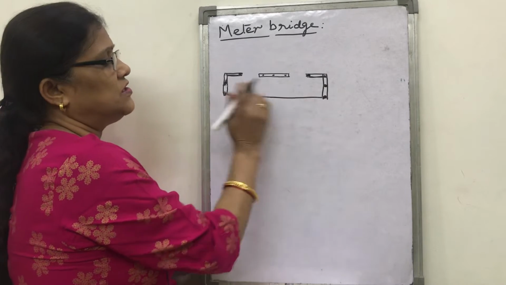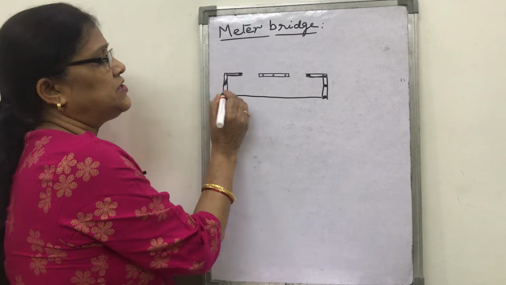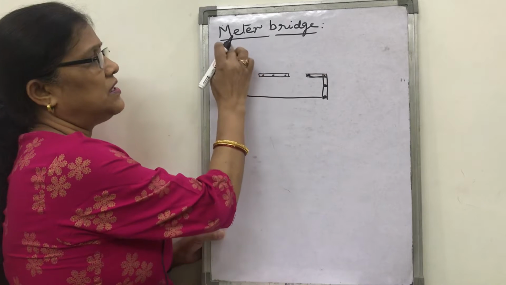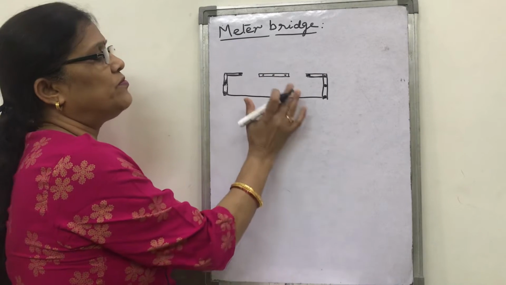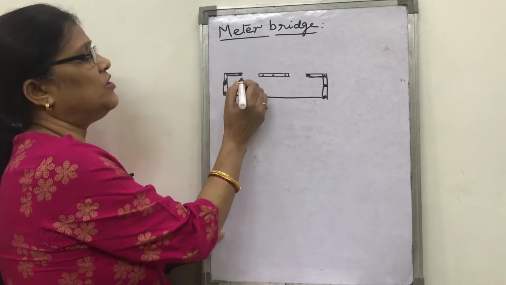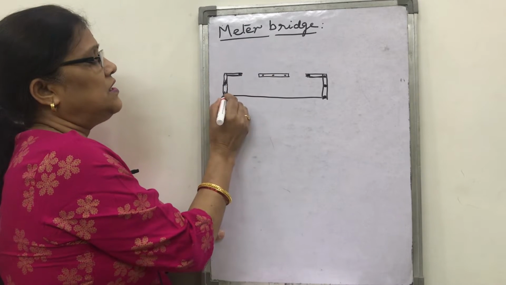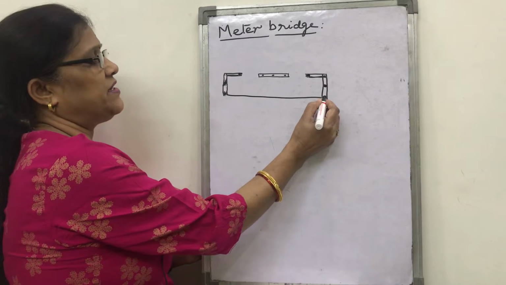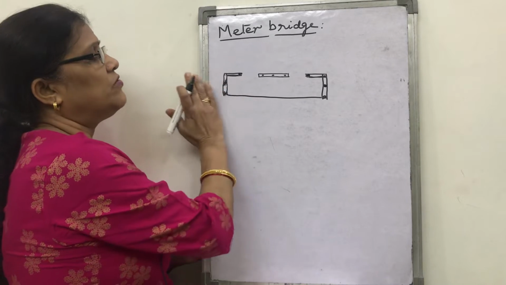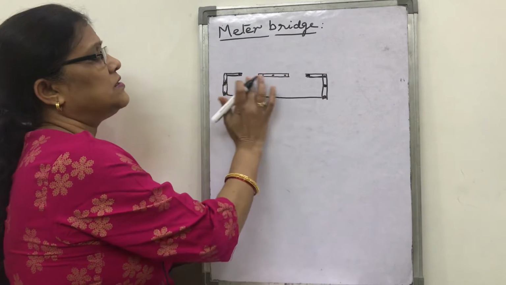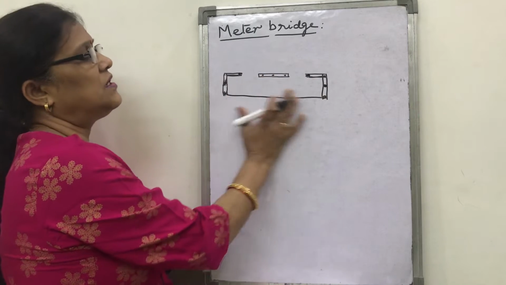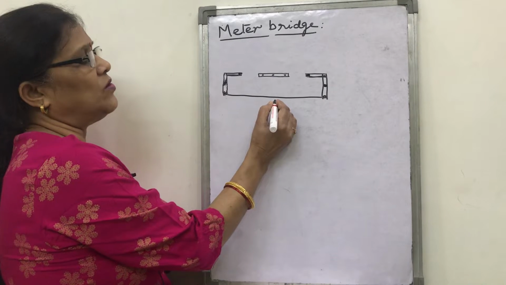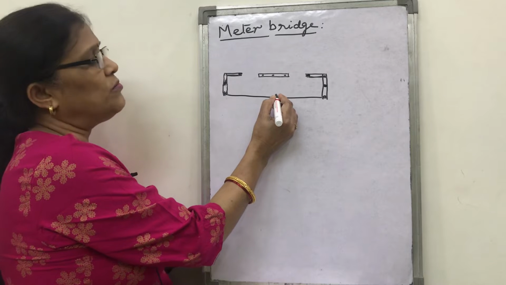This wire is stretched along a meter scale. So it is a 1 meter long wire, that is a meter, and I will tell you how it is arranged in the shape of a bridge. At these ends, the wire is made tight with the help of a winding screw, and a wooden board holds the whole arrangement of strips, wire and other things. This is the arrangement of a 1 meter long wire made of Constantan or manganese.